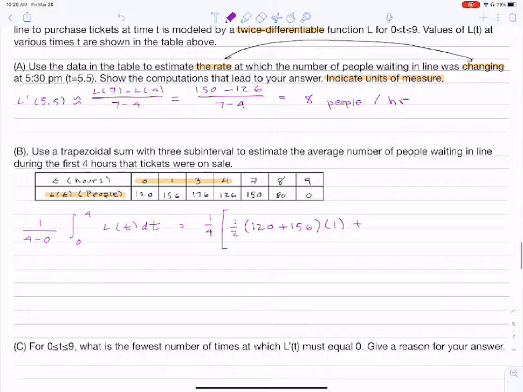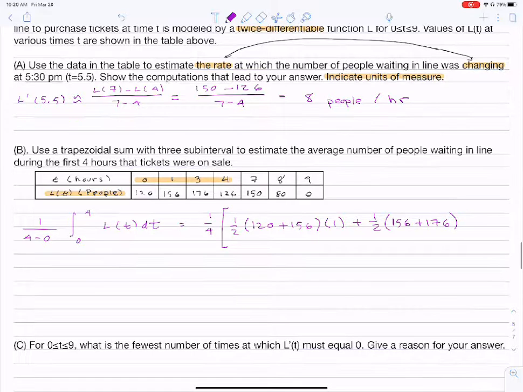Next, I'm going to add to that the next trapezoid. And that trapezoid is 1/2 times the average of the bases. So for the first base, it would have a height of 156. The next one has a height of 176. Then I'm going to add to that, what is it? 1/2 times